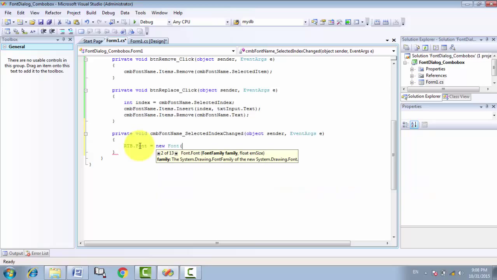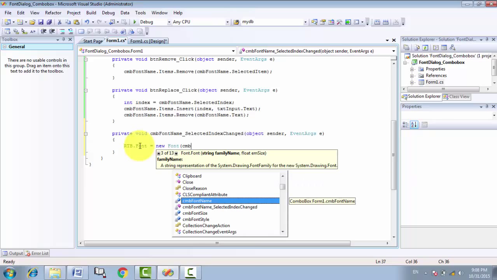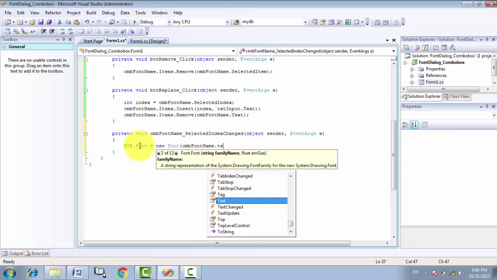The font name is a string. So we already have a combo box. In the combo box we have a name. So cmb dot font name dot text,